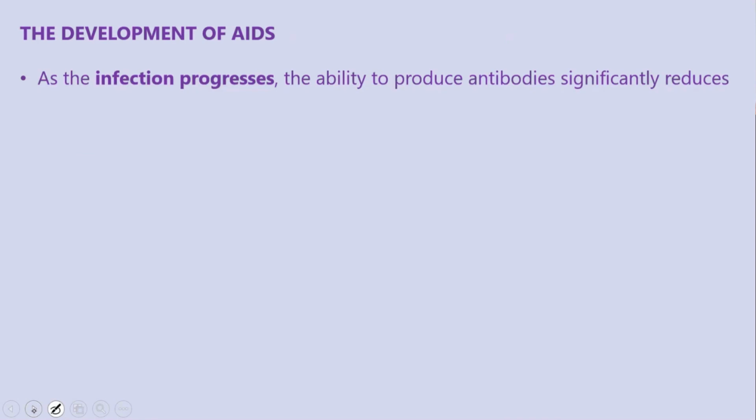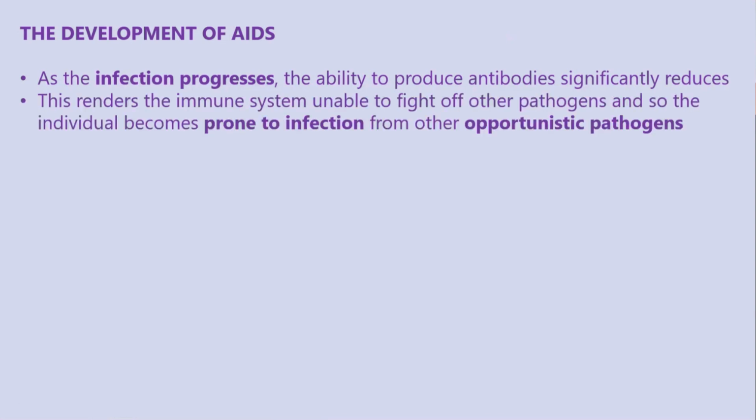Now, development of AIDS, basically whatever we have discussed so far. Once the virus infects your body, which cells do they attack? They attack the T helper cells and macrophages. So slowly your immune system becomes very weak and you are prone to infections, right? Any pathogen that enters your body has a huge opportunity to grow and multiply very soon, and small infections like cough and cold can become a very big problem.